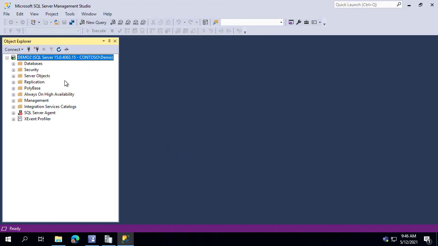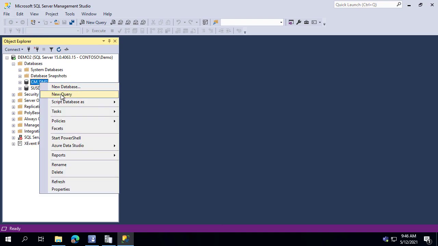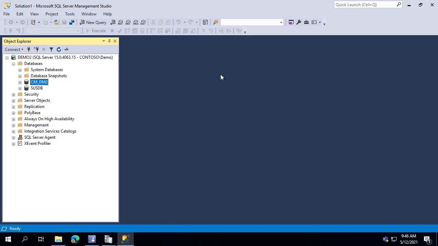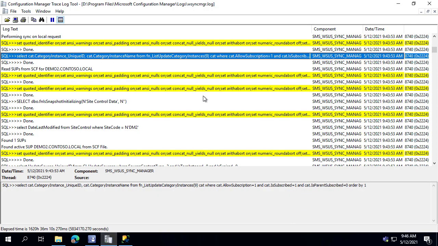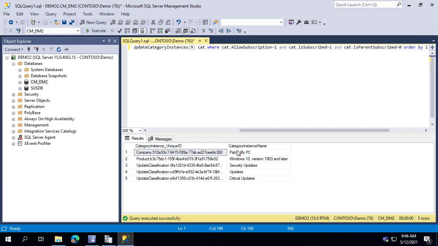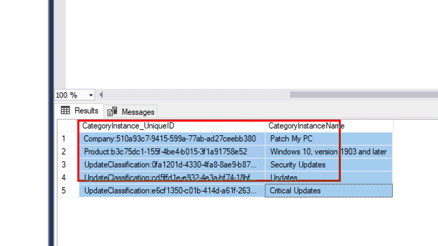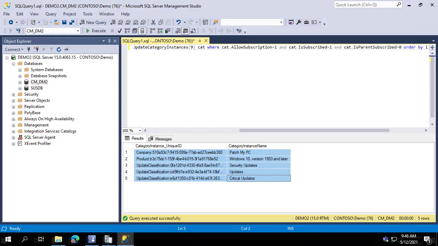All right, so if I open up our ConfigMgr database, one of those things that we saw in that debug logging with SQL tracing is we can actually see a lot of these queries that are happening against the ConfigMgr database when a sync is occurring. So for example, when I copy this one and paste it, we can see that it's actually telling us what are the categories that we have enabled to actually sync from WSUS when it starts syncing to ConfigMgr's